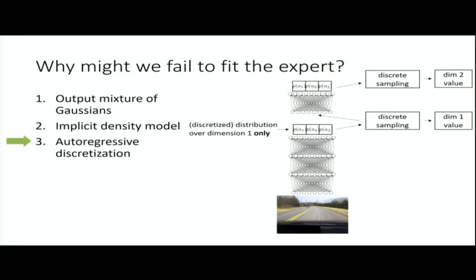Any other questions? Yes? Do people use RNNs for the autoregressive discretization? Yeah, so this is the question before about weight sharing. By default, you don't. In some cases, you could if something about the structure of the actions naturally lends itself to that. I don't think there's any reason a priori to believe that stepping on the brake should share the same weights as turning the steering wheel. But sometimes your actions might be structurally similar, in which case it might make sense to share those weights and use an RNN. Okay, any questions about the mixture of Gaussians or the implicit density model?